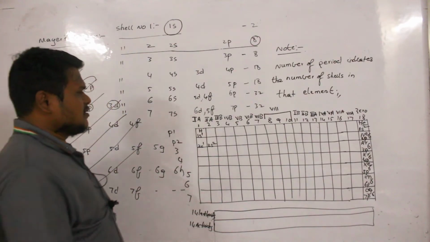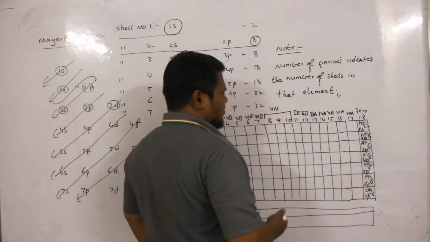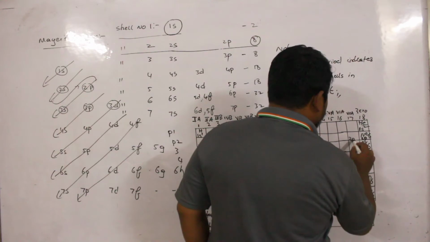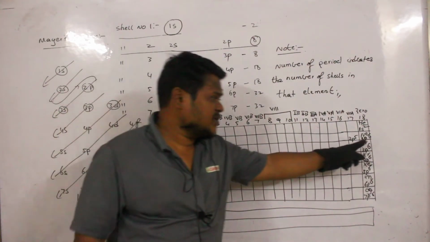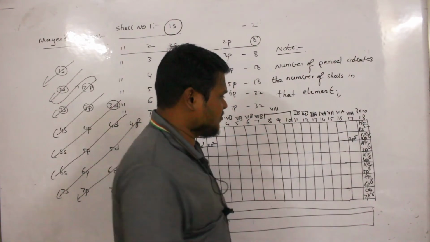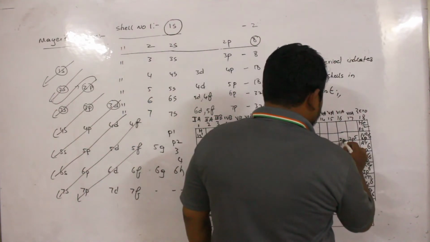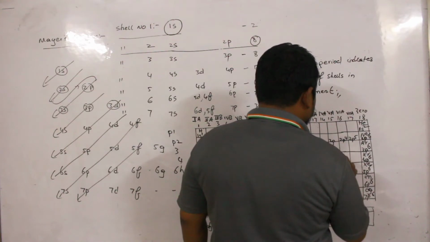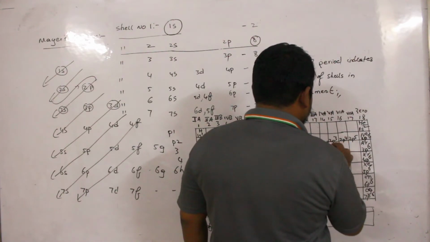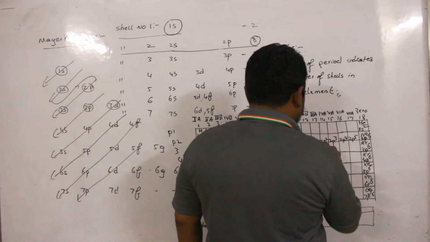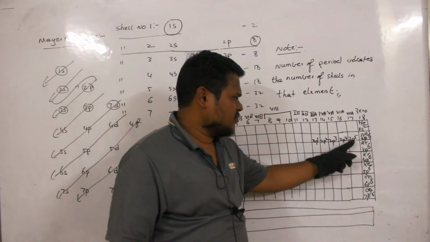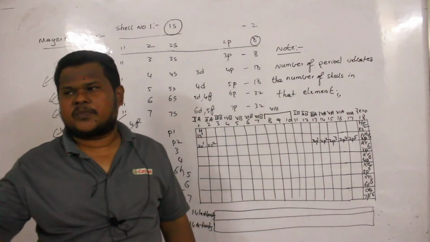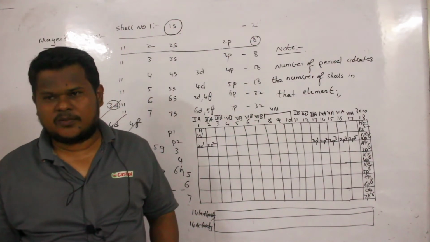Clear, no? Then you can write the following ones going backwards. So this should be 2p5, no? If you are coming backwards, if it is 2p6, the next one is 2p5, followed by 2p4, 2p3, 2p2, and finally 2p1. Understood? So 1, 2, 3, 4, 5, 6 elements are present, and the p subshell is completely filled. Are you able to understand?